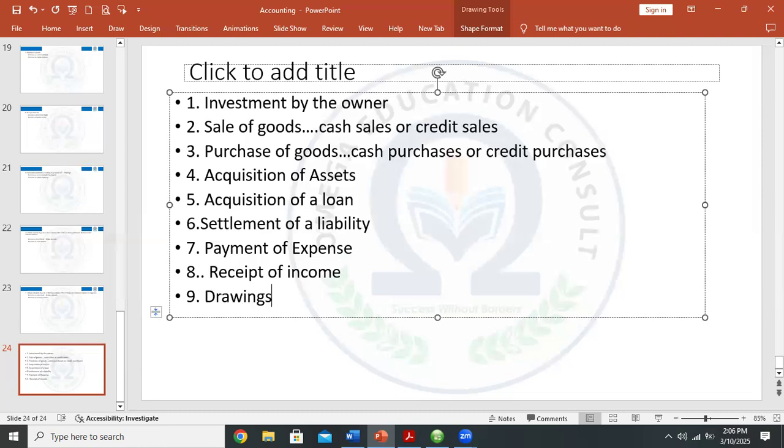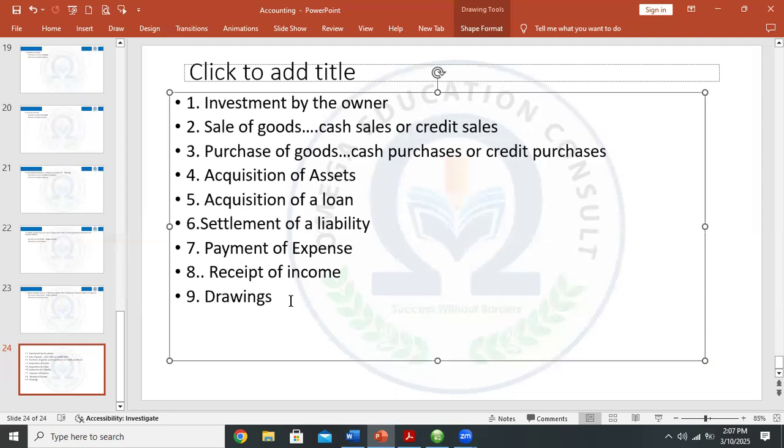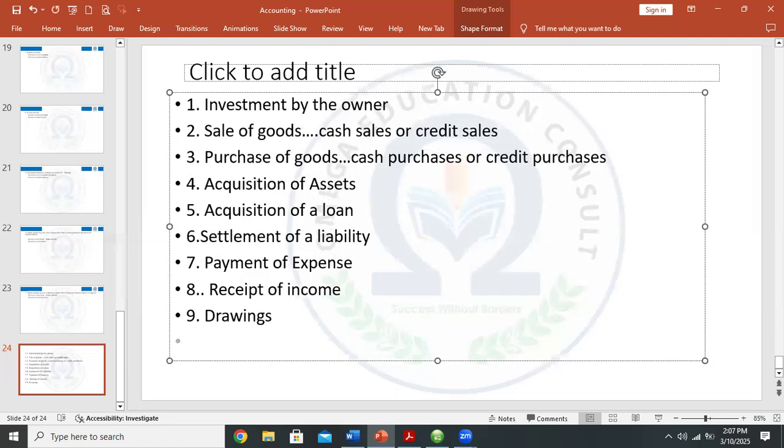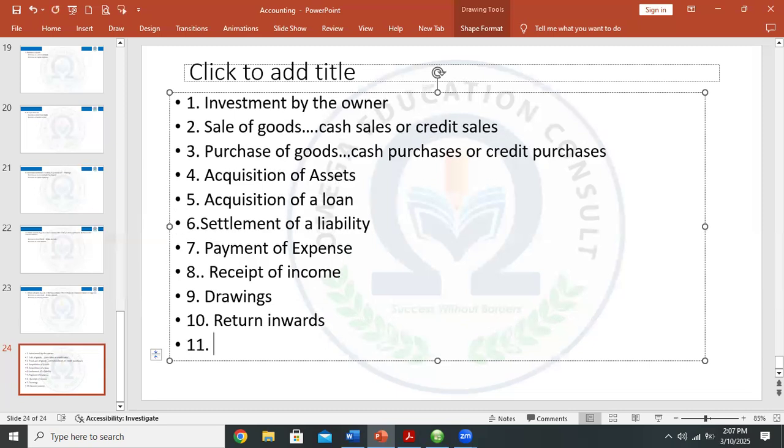And I believe professors appreciate that drawings refers to the amount or value of resources the owner has taken from the business for his or her private use. Then finally, we saw number 10, return inwards and return outwards, number 11. Okay. So if you appreciate these 11 transactions, professors, trust me, if we start recording transactions, you would not have